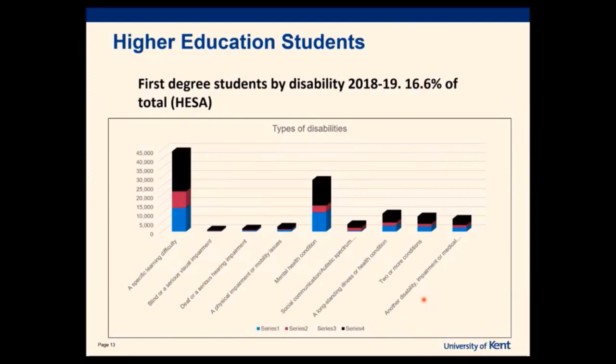So I'm here mostly to refer to higher education. That's my background, that's my experience. If we look at students who declare a disability in higher education, it's around 16.6%. So that's below the 22% of the UK. And I'm going to give some bespoke examples on students with visual impairments, because that's often seen as one of the most challenging impairments.